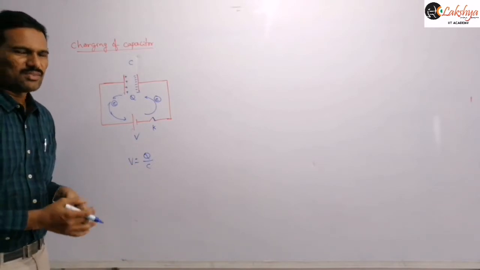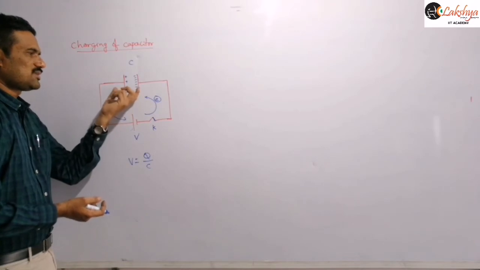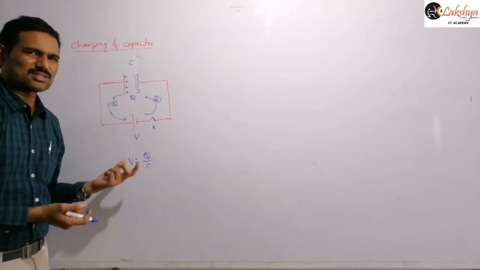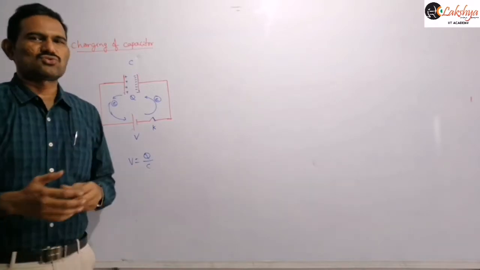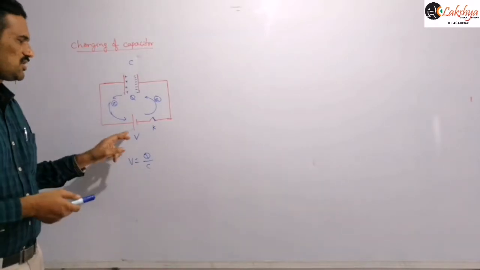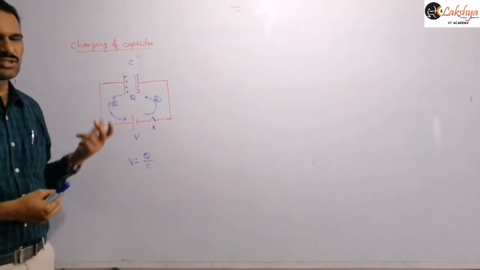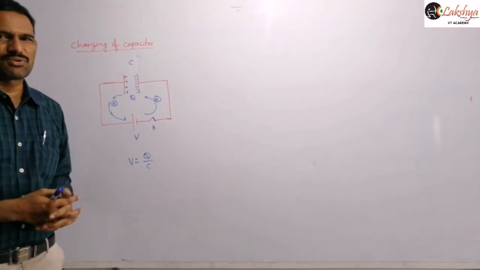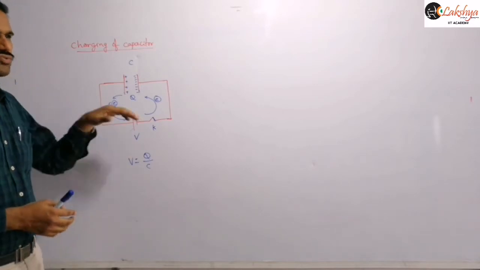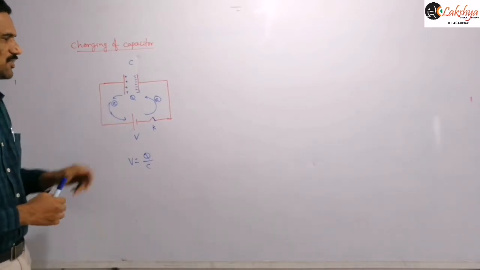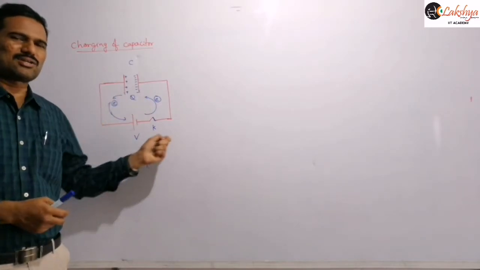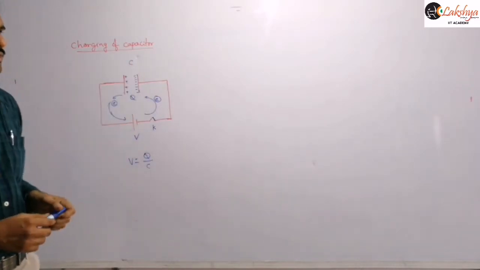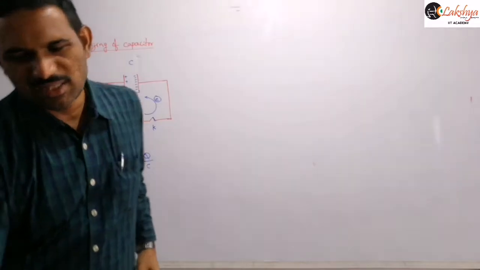until this Q by C value is equal to V, then charge transfer will take place there, right? Once the potential difference across this capacitor is equal to the potential difference across this cell, there is no further transfer of charges, because now these two terminals will be at the same potential. That is what takes place when you are charging the capacitor. From this plate, negative charges, that means electrons, will be attracted and transferred to this other plate here. That is the case when you are taking a single capacitor.